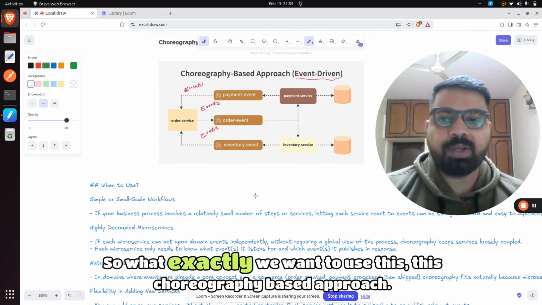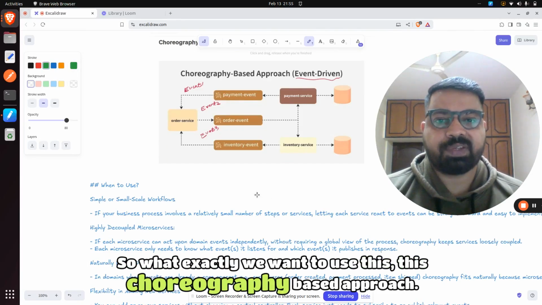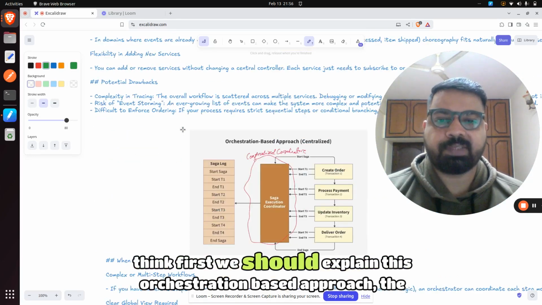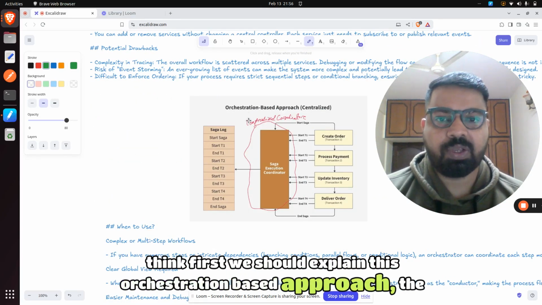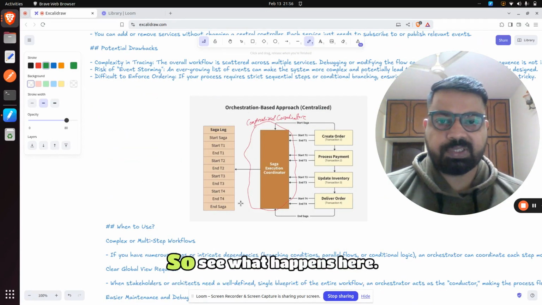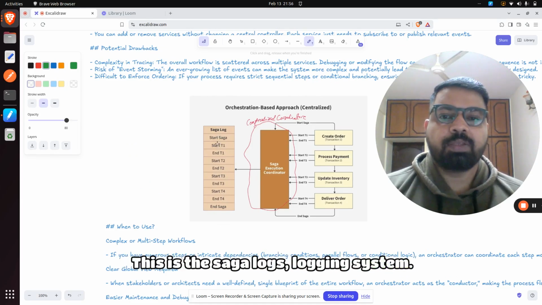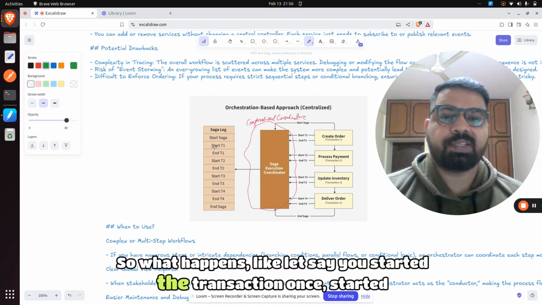So when exactly do we use the choreography-based approach? Let me give you an example. I think I should first explain the orchestration-based approach, the centralized one, right? So see what happens here. This is the Saga log, the logging system. Let's say you started transaction 1,